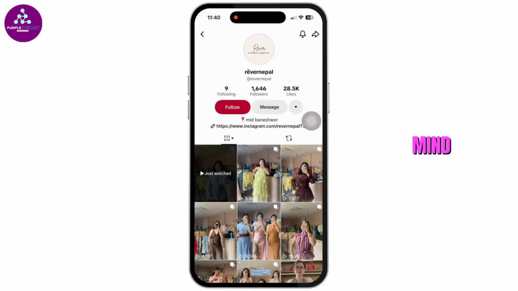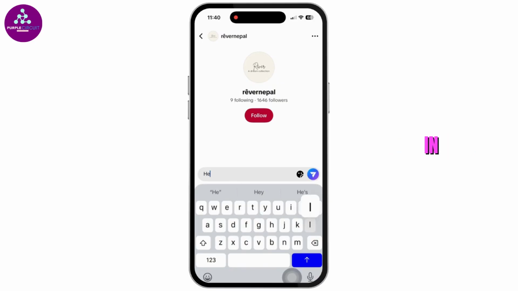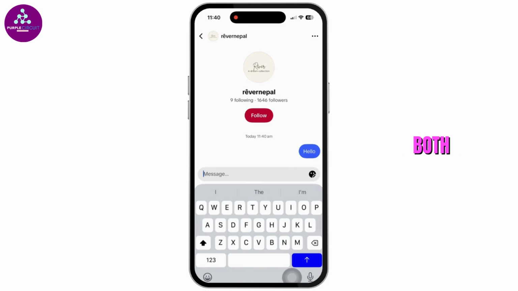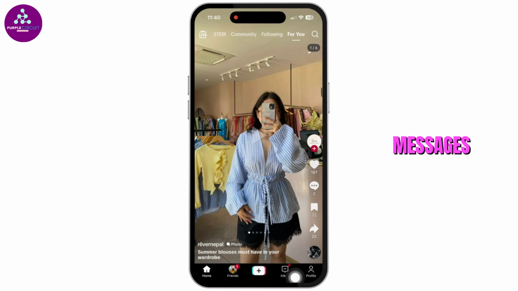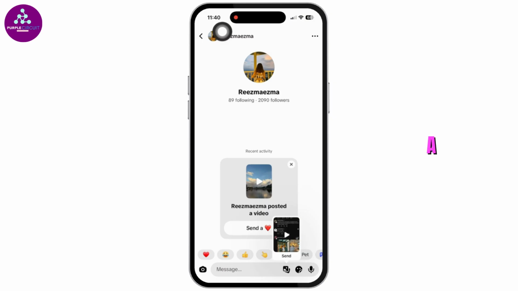Before you begin, keep in mind that you can only send direct messages and photos to users who are eligible to message you based on TikTok's messaging settings. In many cases, you'll need to be mutual friends on TikTok, meaning you both follow each other, and the other person's privacy settings must allow direct messages. If you're not friends or they don't allow messages, you won't be able to send them a message or a